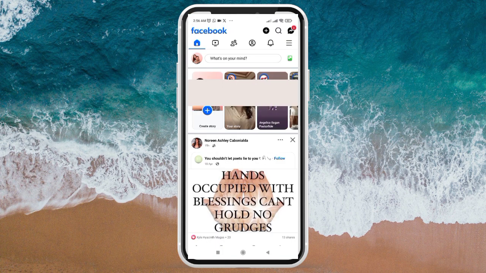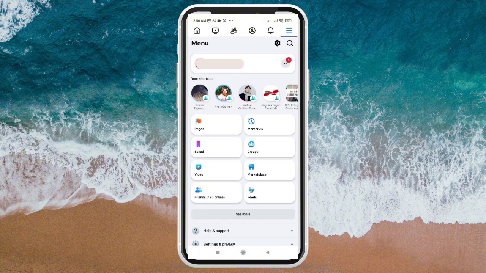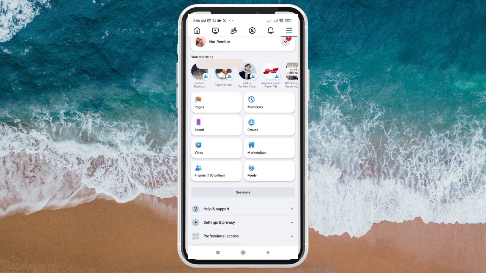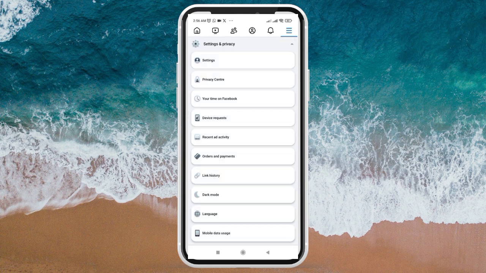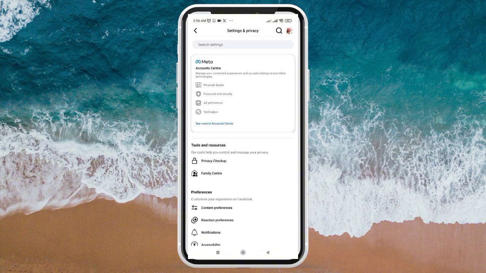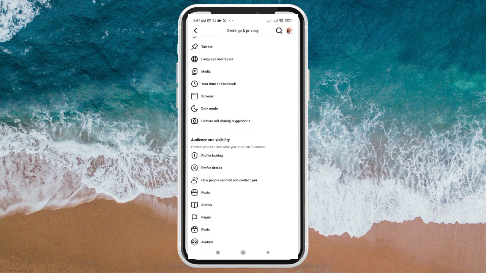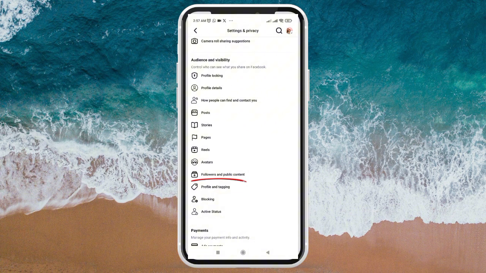From here, click on the three horizontal lines located at the top right corner of your screen. Now scroll all the way to Settings and Privacy and click on Settings. Now, this will give you a bunch of options, but I need you to scroll down until you see Followers and Public Content. Tap on that,